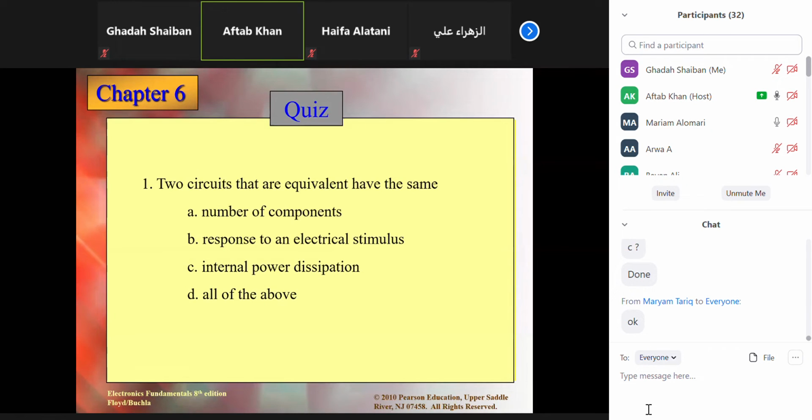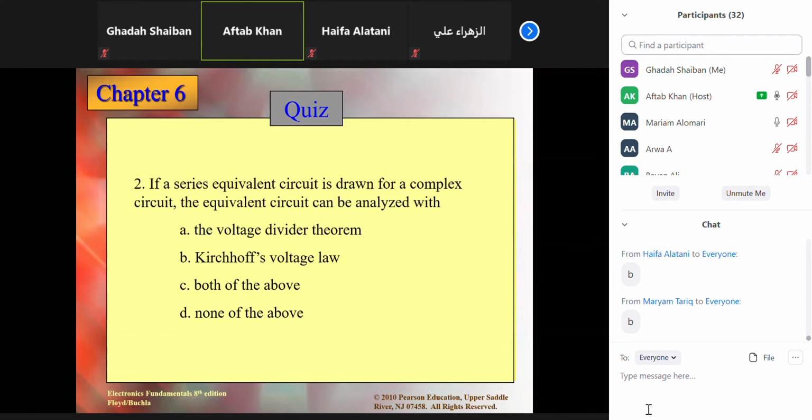2 circuits that are equivalent have the same: number of components, response to electrical stimulus, internal power dissipation, all of the above. If the 2 circuits are equivalent, what will they have? Response to electrical stimulus. Yeah, B. Because it's about if you apply a voltage source, how much total current will be there, how much total power. It's not about internal power dissipation, it's all about stimulus. Second,